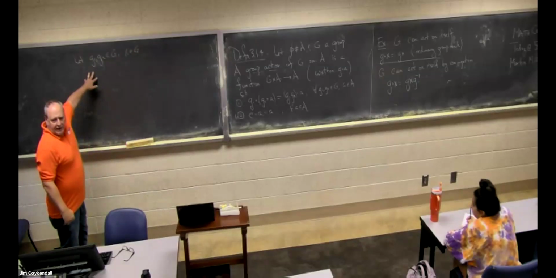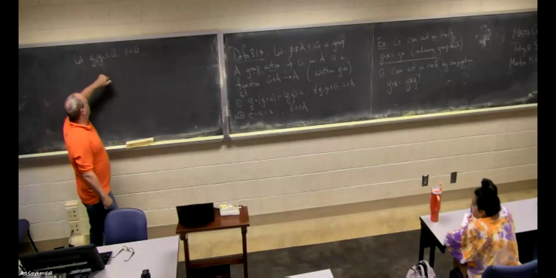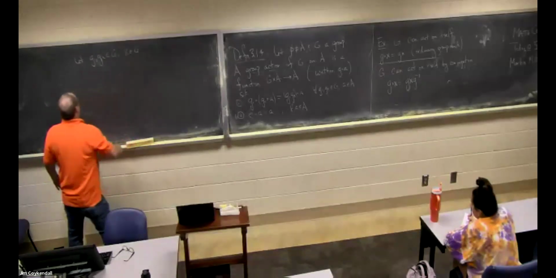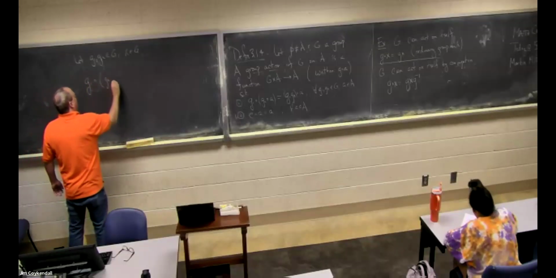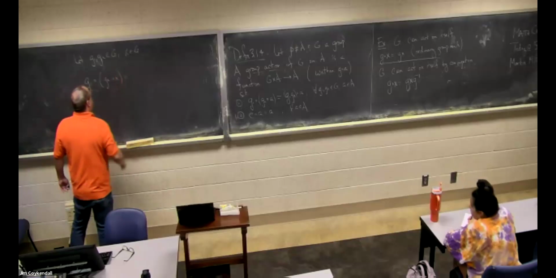I write them separately like that just to emphasize that these two are from the group and they're acting on this element of the group. If you look at G1 acting on G2 acting on X,